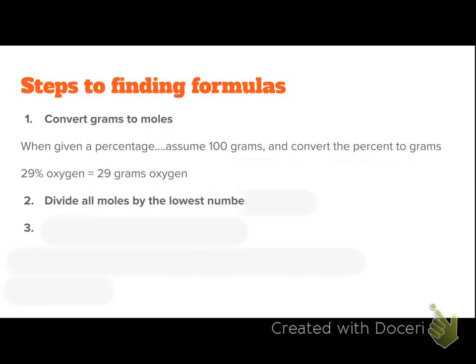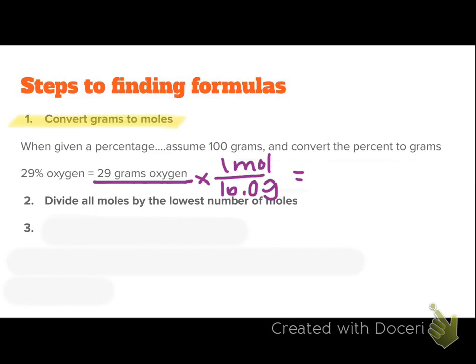Step 2, you're going to divide all moles by the lowest number of moles. Now remember, back here in step 1, we're going to convert those grams to moles. So we're not just going to stop here at the 29 grams of oxygen. We're going to convert it into moles. 16.0 grams per 1 mole. And then let's do the math on that. Equals 1.813